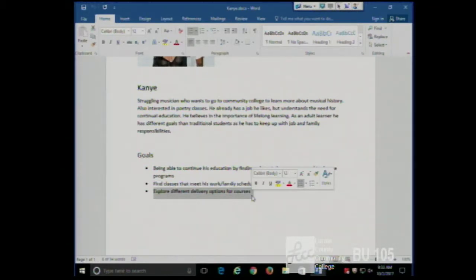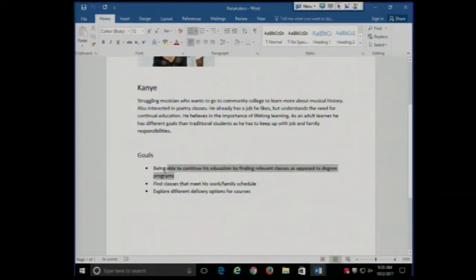So, especially an adult that may have been out of school for a while might not be familiar with all the options of how you can take a class. So, one way to address their goals would be to have a page that shows the different ways that you can take classes at the college. So, if I was making the requirements, and I'll start out making the requirements,